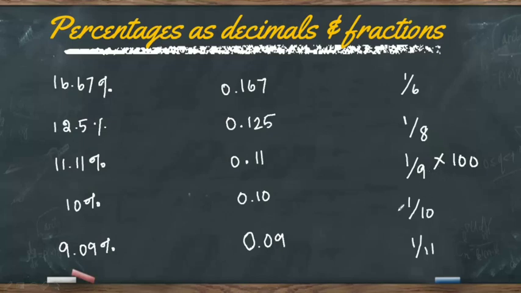So 1 by 10 is 10%, which we all knew, and 1 by 11 again is nothing but number of times of 11 in 100, which is 9, 9.09. Well, these two are similar: 1 by 9 is 11.11 and 1 by 11 is 9.09. So now, here if you see properly, I have missed out a number 7. I have not given the percentage representation and decimal representation of 1 by 7.